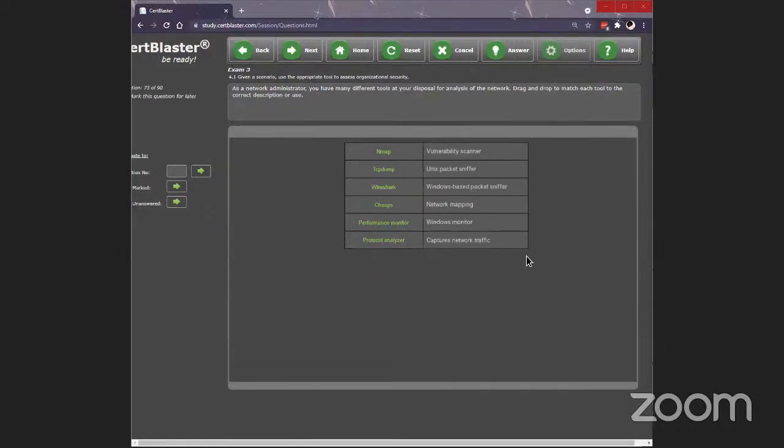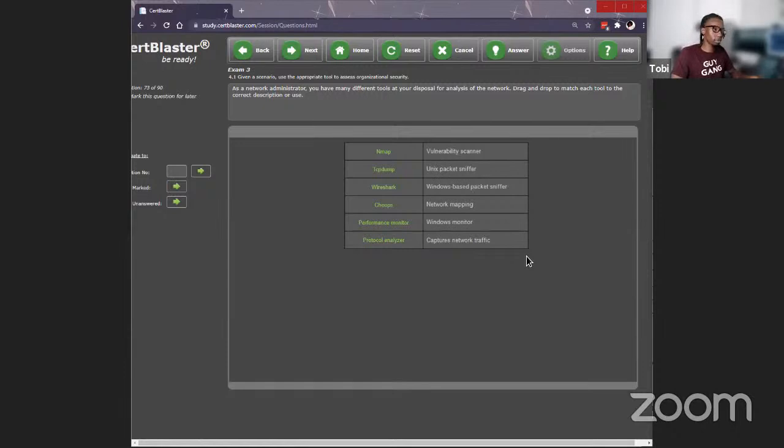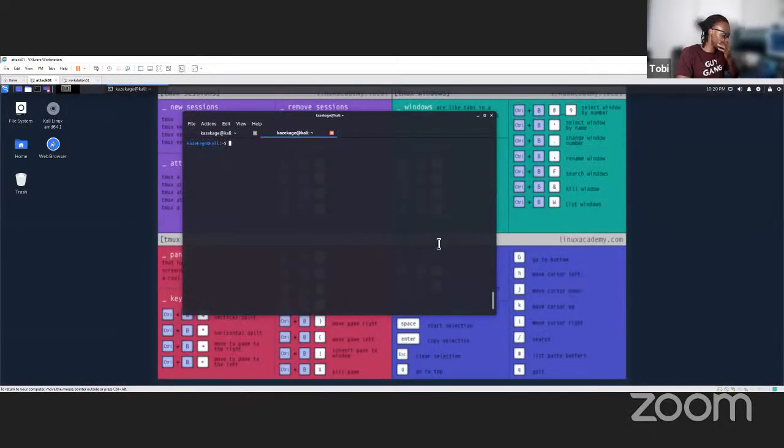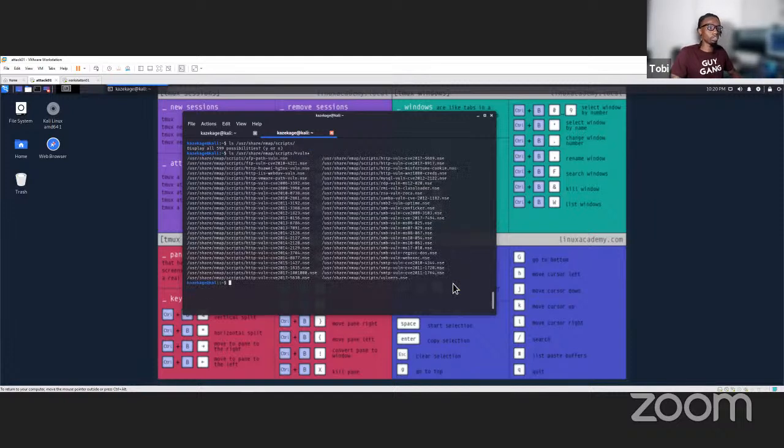Sure. And can you all see my screen? No, you can't. Hold on. So I was going to show you this before we go. Nmap comes with some scripts that you can use to scan for vulnerabilities.